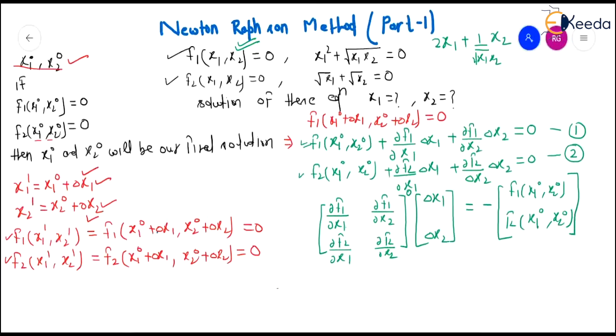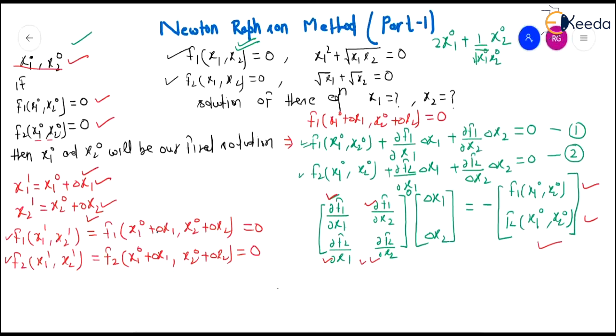Now we are going to put in the initial values x1⁰ and x2⁰ here. So those are numeric values, and every entry of this matrix will be numeric. These are the numeric values, and this is not equal to 0, as we have seen in f1(x1, x2) and f2(x1, x2).